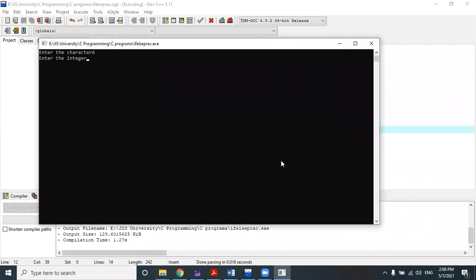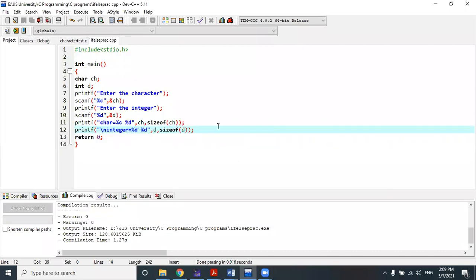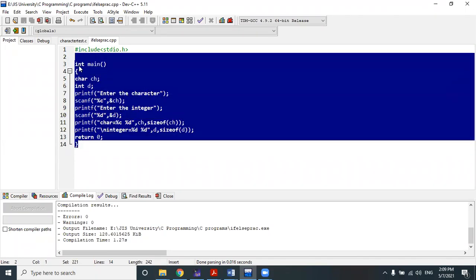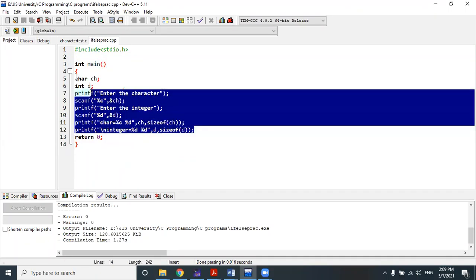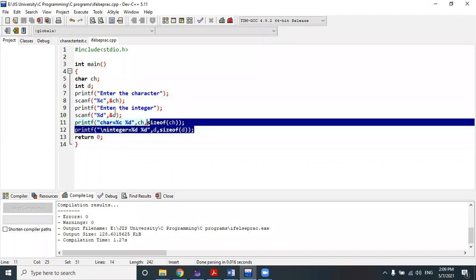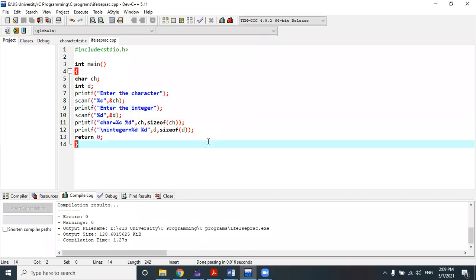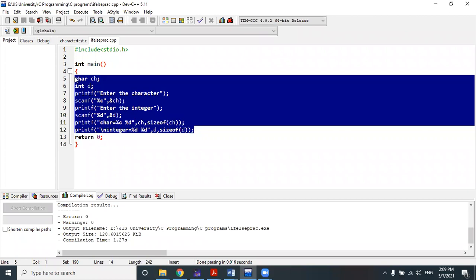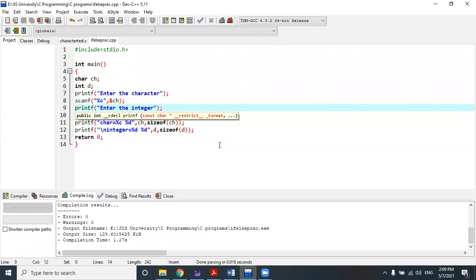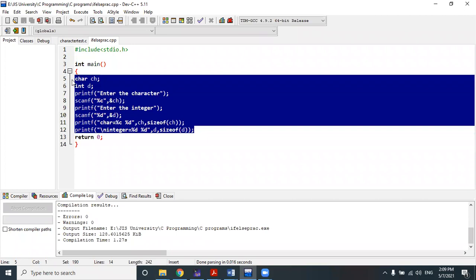Okay, then it doesn't show me output. Yes, it is showing correctly. Look, the character size is 1, and the integer size is 4. It's correctly showing. It is not creating any problem in my program. I don't know why it is creating a problem for you. Check it again. I already spent half an hour on this code, but I didn't find any problem. Okay, you send me that code on my WhatsApp, and the error output, where the error is showing. Just show me that code. Okay, sir.